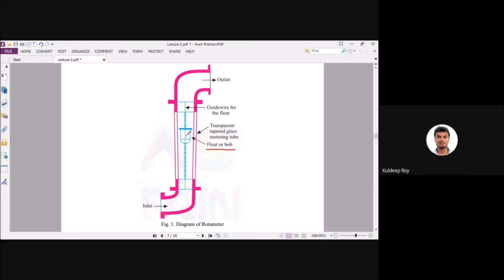Now coming to the floater, there are different kinds of floater. You can put a round shape floater, you can put a triangular shape floater, but these floaters are based on your end application. If you want to measure the velocity of the gas, then you have to apply the round shape, circular shape floater. Generally people are using that. The floater design part is based on your application.